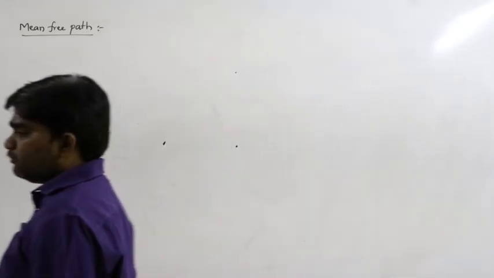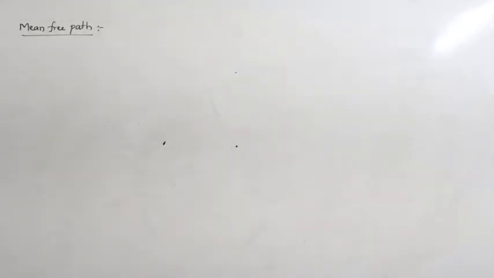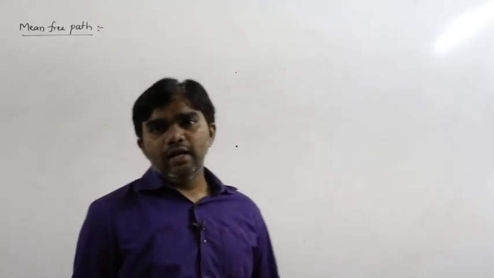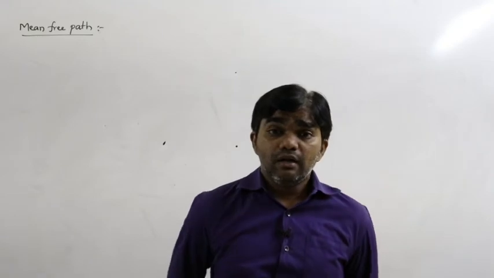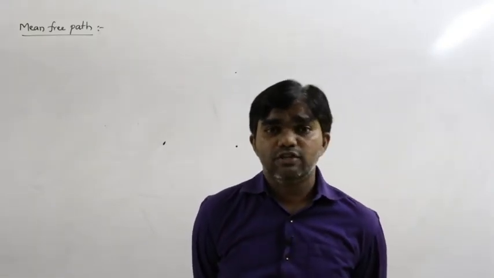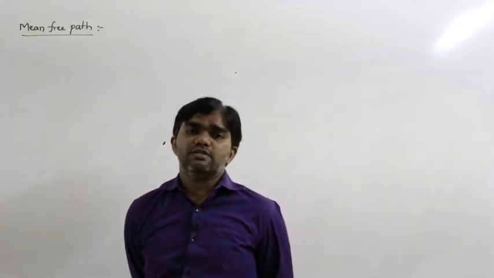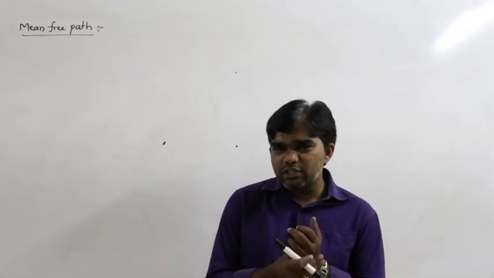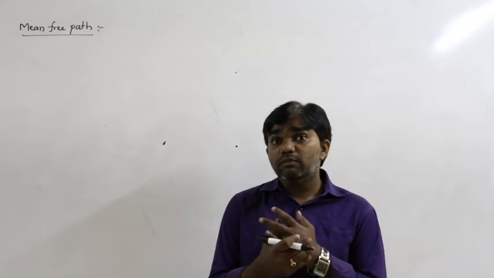What is meant by the mean free path? Let us say the particles move randomly in different directions with different speeds. During the motion of the molecules in different directions with different speeds,